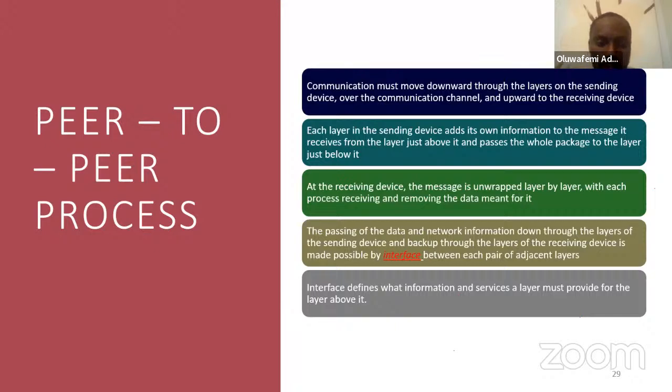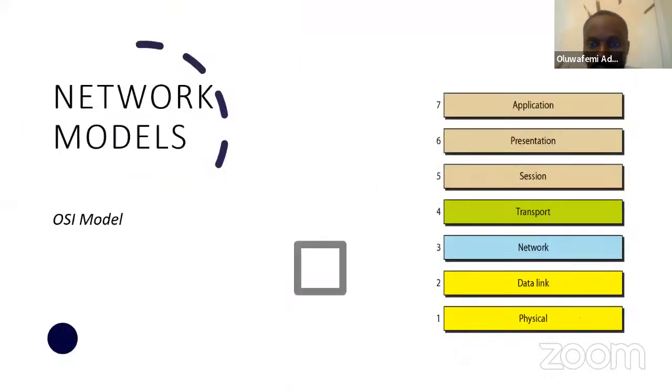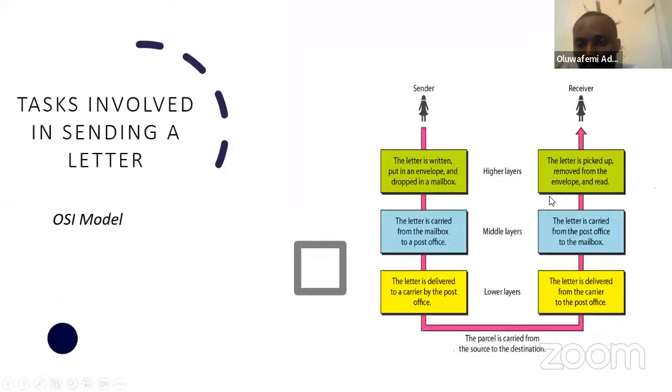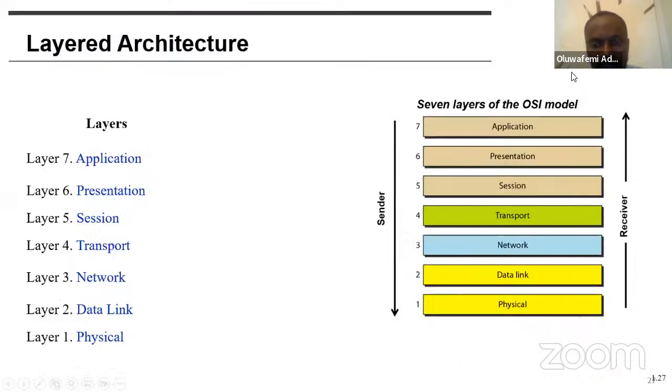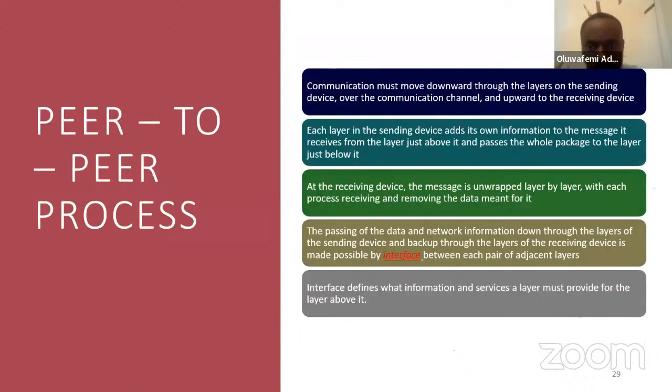So this is what that means. You can see that the letter is sent downward, and later upward. Do you understand? That is the same thing. There's a better diagram that shows this. We'll get there. Let me run through this particular one.